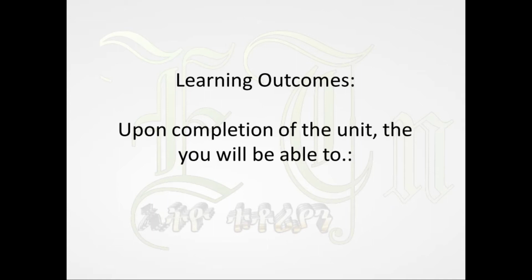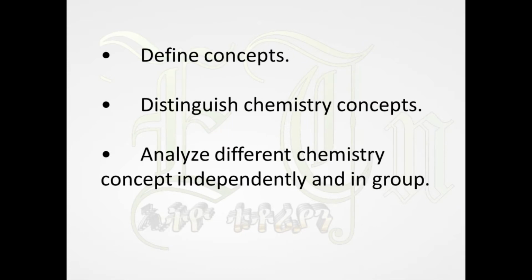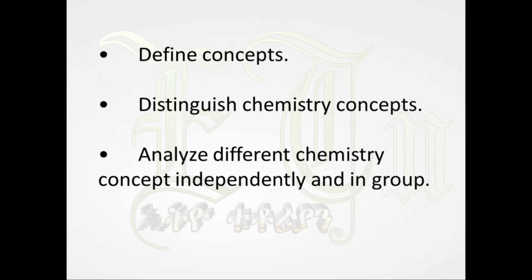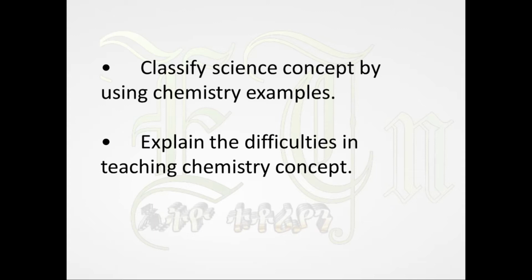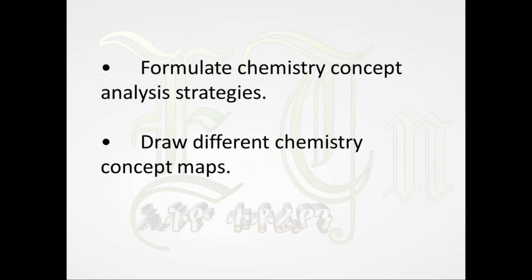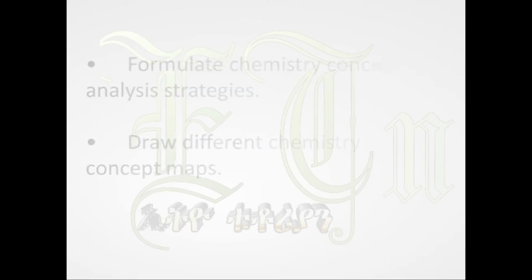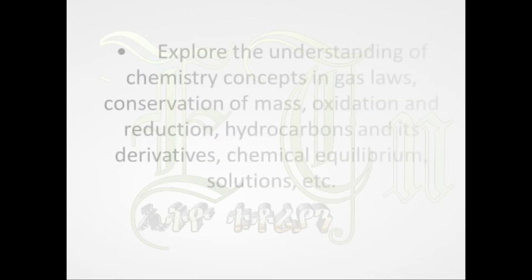Learning outcomes. Upon completion of the unit, you will be able to define concepts, distinguish chemistry concepts, analyze different chemistry concepts independently and in group, classify science concepts by using chemistry examples, explain the difficulties in teaching chemistry concepts, formulate chemistry concept analysis strategies, draw different chemistry concept maps, select different chemistry concepts to draw a concept map, explore the